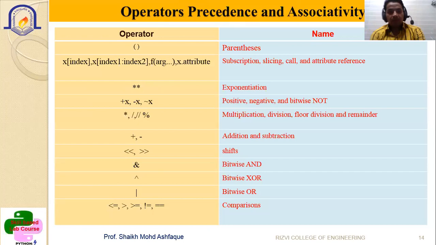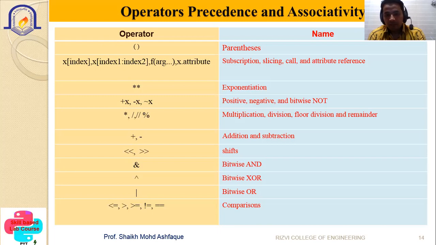Next is your operator precedence and associativity. Precedence means the priority. Each and every operator has its level of priority, so it will be executed based on that. It goes from parentheses, then subscripting, then exponential, then positive, negative, bitwise not, etc. Then multiplication, division, then addition, subtraction, then shift, then bitwise and, or, XOR, then comparisons. So these are the order of precedence